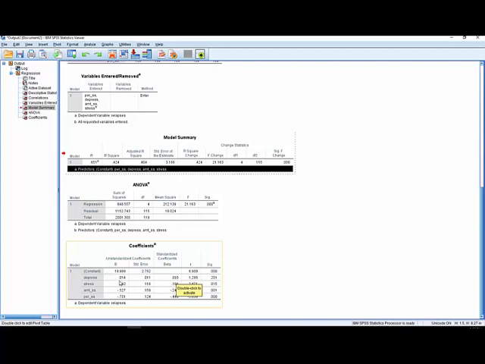The B weights are what you would use if you really wanted to write out the regression equation to predict what your predicted Y is based on different X values. These are the numbers you would put into the formula, right? So you'd have 0.014 times the depression score, plus 0.292 times their stress score, minus 0.527 times their amount of social support score, minus 0.701 multiplied by their perceived social support score, right? And if you did all that, that would give you their predicted